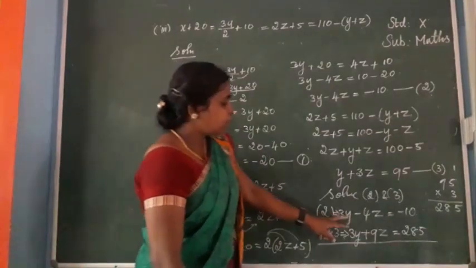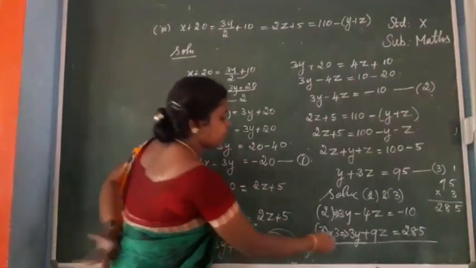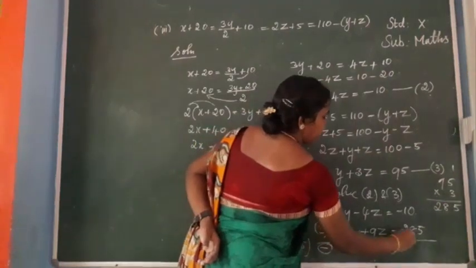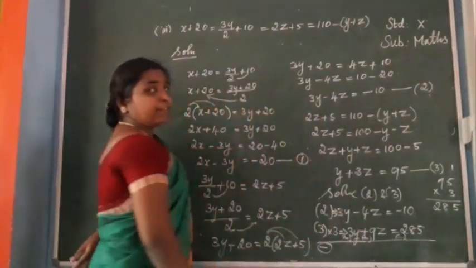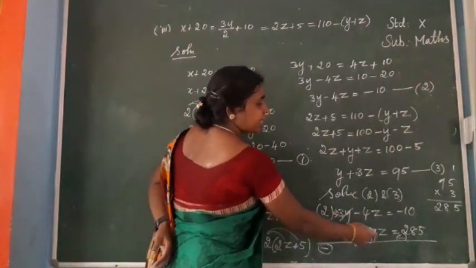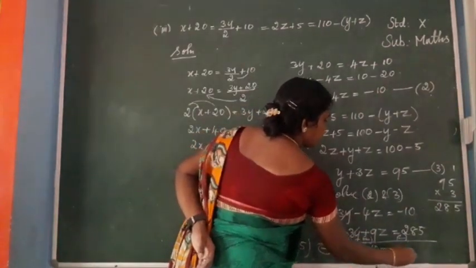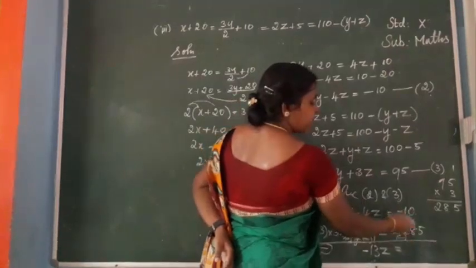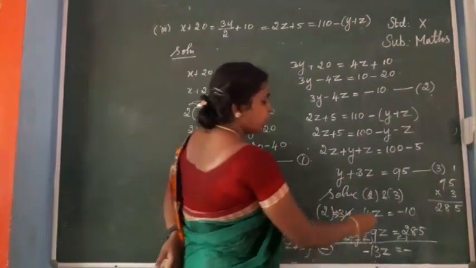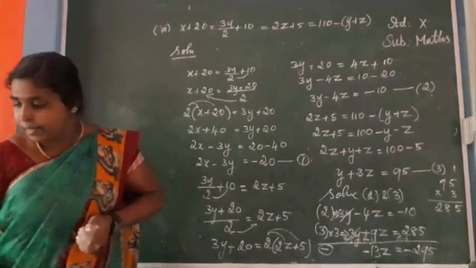Okay, next. So 3y, 3y. So the values are the same. We have to subtract. So minus 3y minus 9z minus 285. 3y minus 3y cancel. Next value, see minus 4 minus 9. Both are minus, so minus 9 plus 4 is 13. So 13 is equal to, here you have seen both the values are negative. So minus 285 plus 10. 285 plus 10 is 295. Okay, next we need to insert the value.